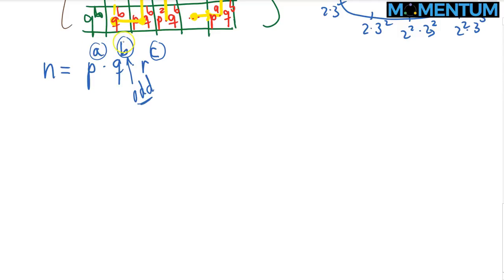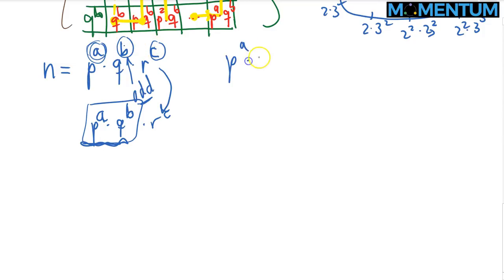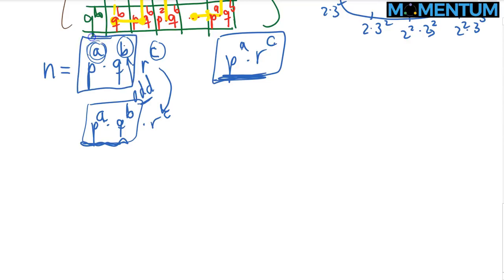So you can list all the remaining ones, and starting from the leftmost one, you can combine them. So we already know that you can do p to the a times q to the b, right? Why? Because b is odd. Now we will just check how we can add the third one, r to the c, as well. But the first one has to be doable. So you can't have, for instance, if a and c are even and b is odd, obviously you cannot start with p^a times r^c, because both a and c are even and there is no Hamiltonian path for this number. So you should start with, and this is the part which is missing in the proof of incontrol on